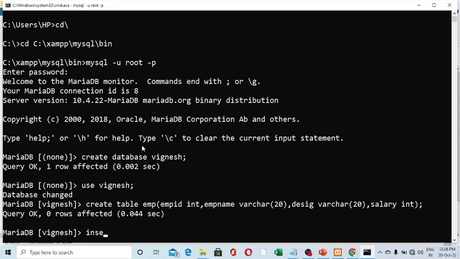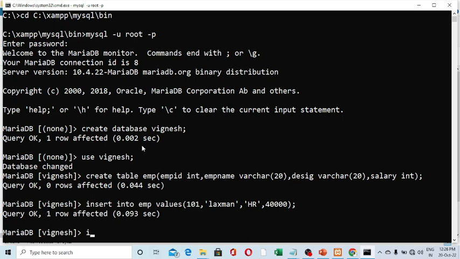The table is created. Next, you need to load the data. Insert into table name values 101, Lakshman. The designation will be HR, and the salary will be 40,000. I am going to insert one more record. You have to use the up arrow. 50,000